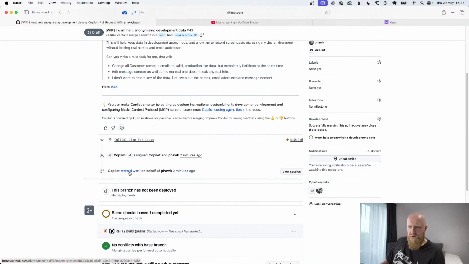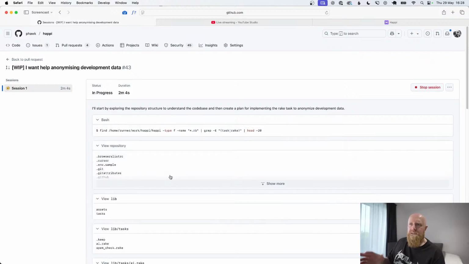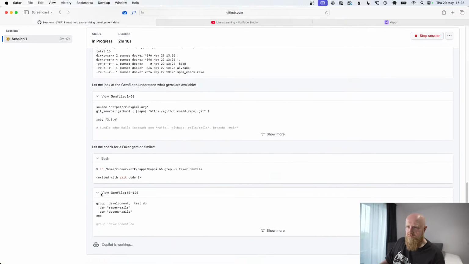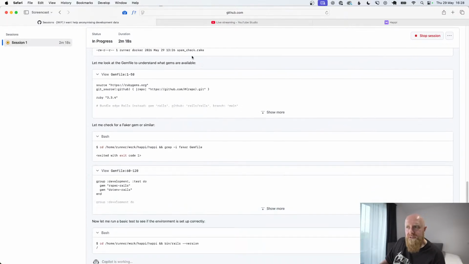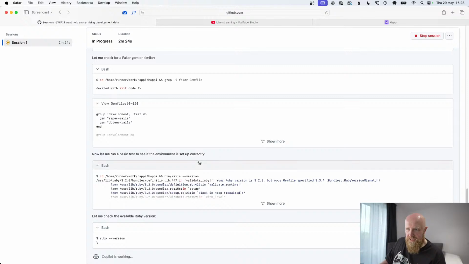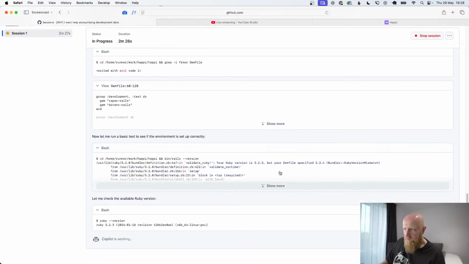So it started work on this 2 minutes ago. You can click view session and go in and see, in VS Code session kind of style, what it's actually doing. So as you can see here, it's exploring the repository structure to understand the code base. So it's going through and doing a bunch of stuff. Let me look at the gem file, all this kind of stuff. And now let me run a basic test to see if the environment is set up correctly, which